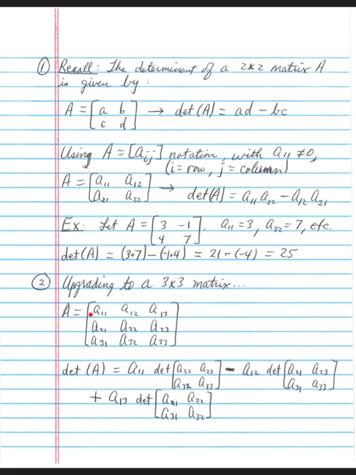So take the value from row 1, column 1, put it here, and then pretend that these don't exist and concentrate on these 4 values. The determinant will follow and be multiplied. Then you change your sign in the next term, and if you go across the top row, you'll use a minus sign. Then take this value, minus sign, this value, and then if you forget about the top row and